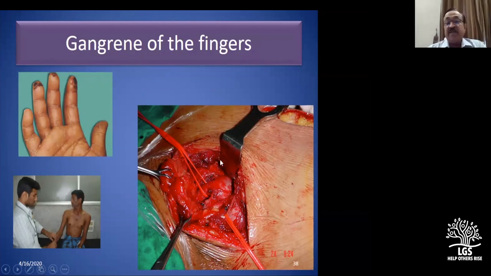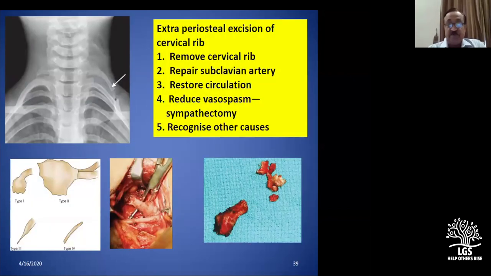At operation, you know, this is the dilated segment of the subclavian artery containing a thrombus. The subclavian artery is hooked here for an incision of the artery, and of course removal of the thrombus and the repair. So this is the classical operation you do, summarized here in the yellow box. Before that, look at that X-ray showing a cervical rib here. Can you see that? Today you combine it with Doppler and Duplex to find out the dilatation of the subclavian artery.